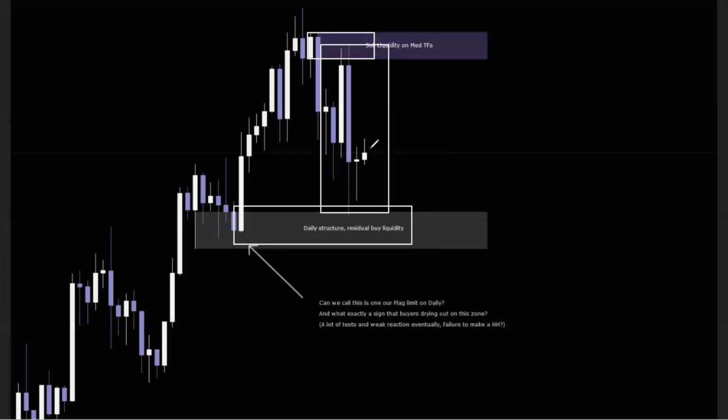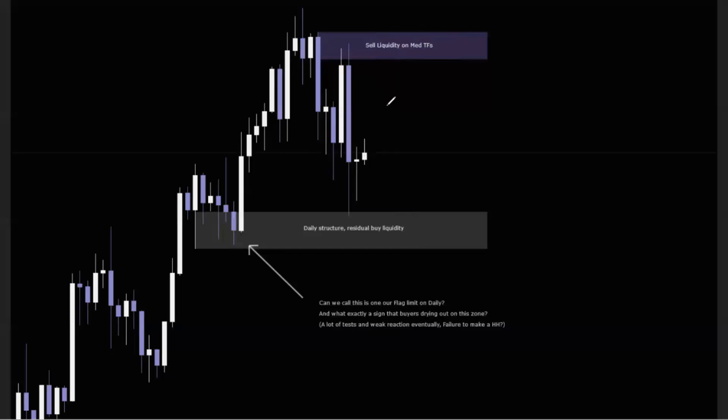Or you'd want to see the area on the top get broken, the price to form an FTR, and then you can long that on a retrace. So this is your flag. Price is constrained between these two pockets of liquidity until one of these two areas breaks on the higher time frame. On the daily chart,